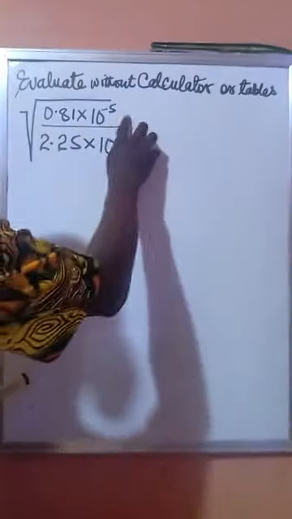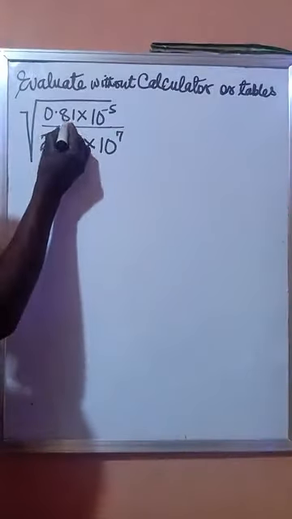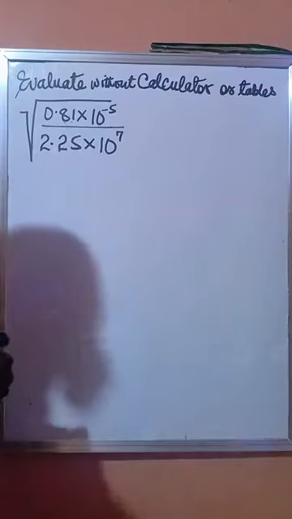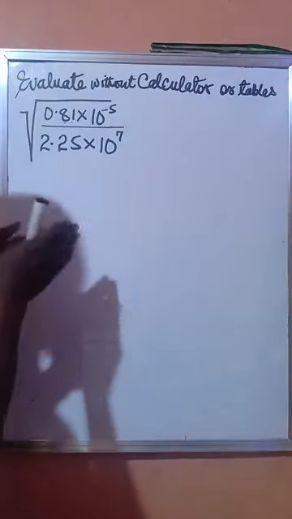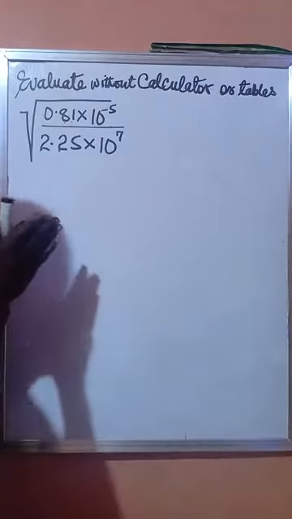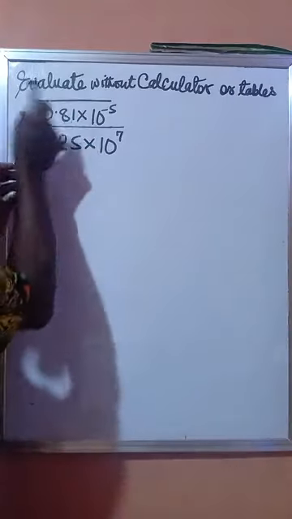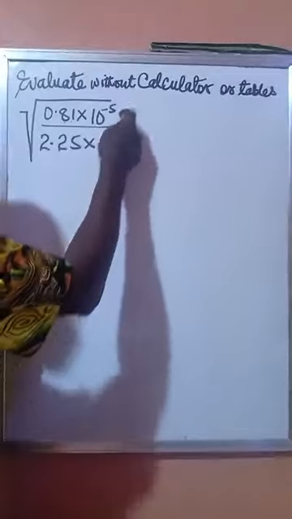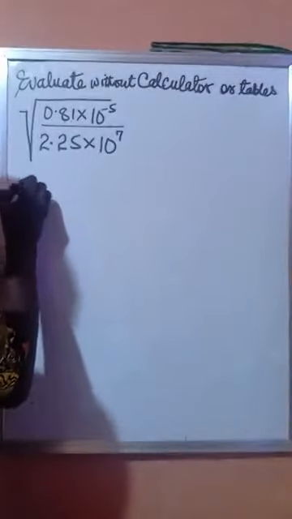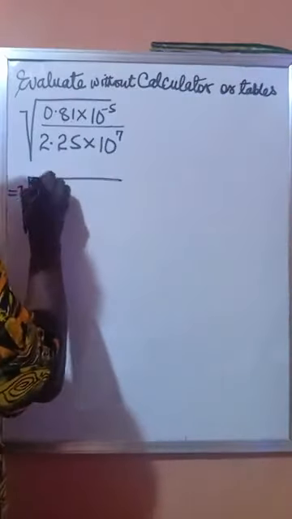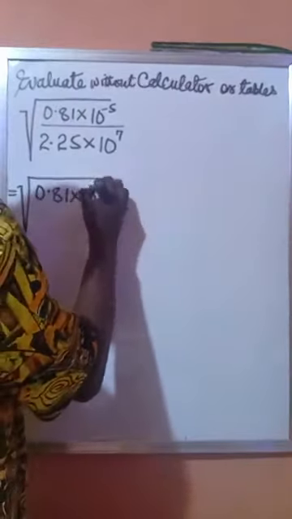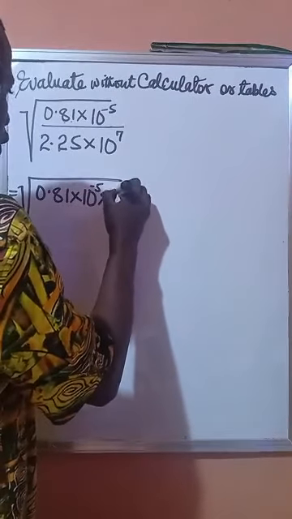First thing we can do is, because we have 1 to 2 decimal places up and 1 to 2 decimal places up, we can multiply through by the highest number of decimal places observable, which in this case is 2. So we are going to multiply both the numerator and the denominator by 100. In that case, you can write this as the square root of 0.81 times 10 raised to the power minus 5 times 100